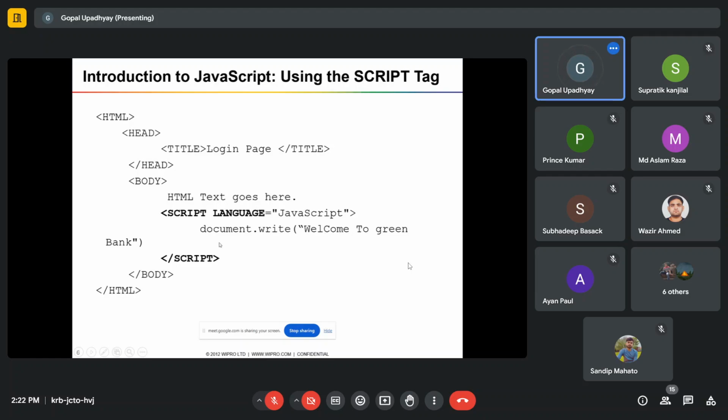Here we are writing a welcome message. If you run this file, you'll get "Welcome to Greenbank" in JavaScript. This particular statement will be printed. This is just a simple example of how to use the script and how to print a statement on the browser using